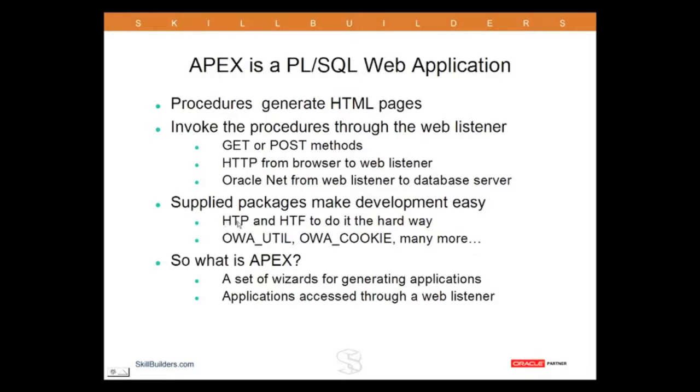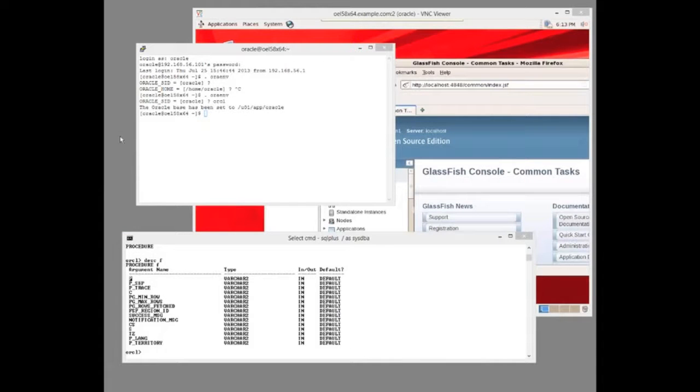And that's with the packages HTP and HTF. There are more packages, OWA_UTIL, OWA_COOKIE, many, many more. These packages do make development much easier than if you were designing HTML pages yourself, character by character. These packages will do a lot of the work for you. So how does it work? Well, what I'm going to do is